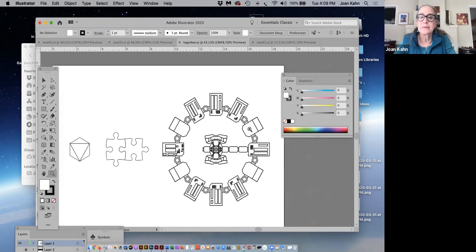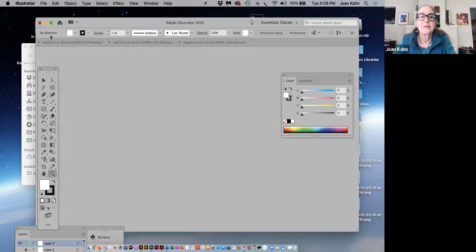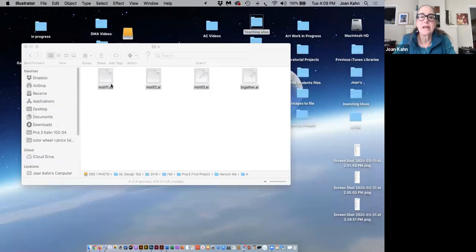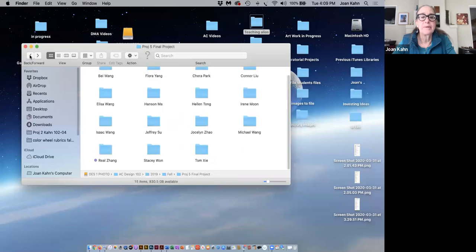So I think these were the parts of his motif. He had a more complex motif. And so those were his motifs. And in the end, he designed something with that. The thing that we liked the best was the space station one. Going backwards,